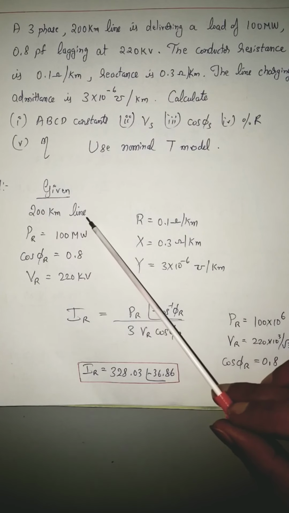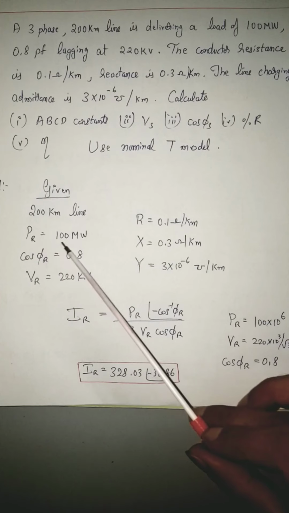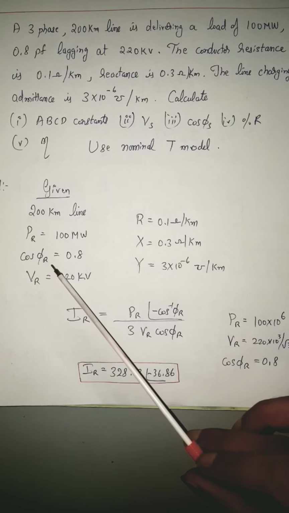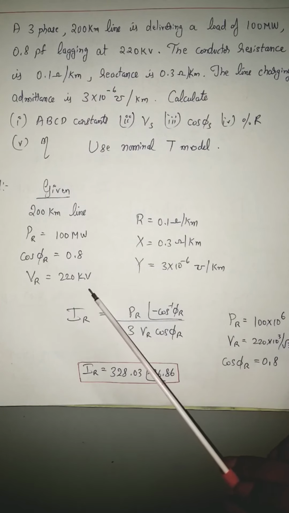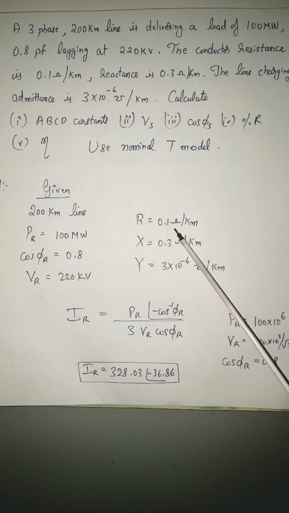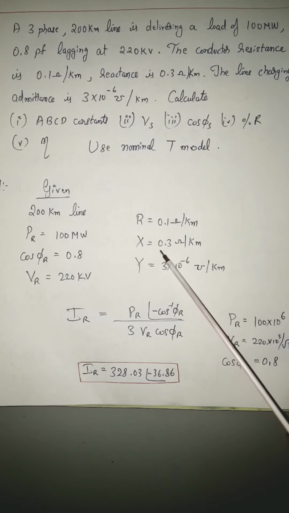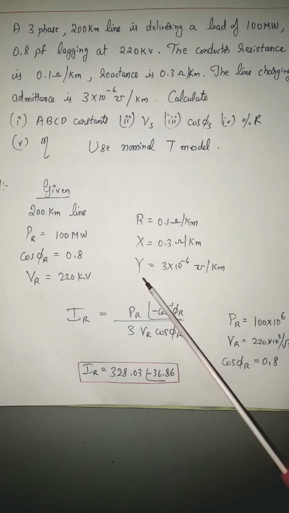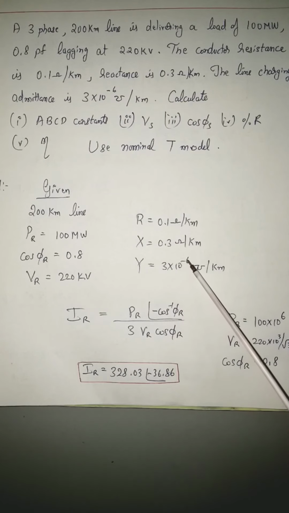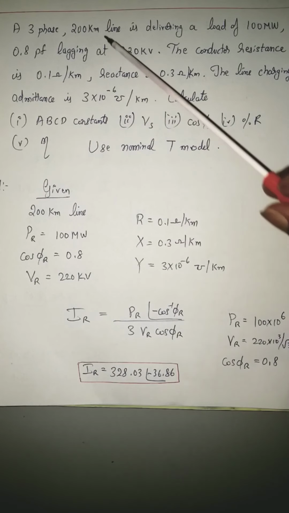200 kilometers the length of the line is given. Receiving end power is 100 megawatt. Receiving end power factor is 0.8. Receiving end voltage is 220 kV. Resistance is 0.1 ohms per kilometer. Reactance 0.3 ohms per kilometer. And then admittance 3 into 10 power minus 6 mho per kilometer. Again, since it is given per kilometer, all of these values must be multiplied by length of the line,